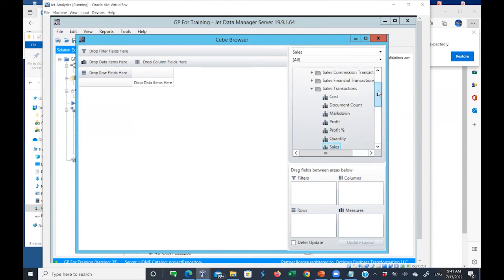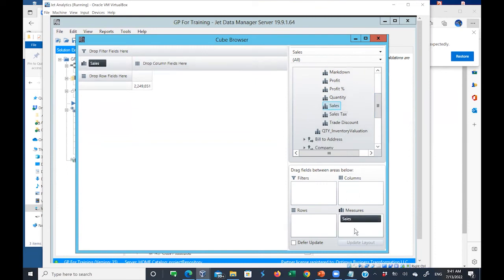If I select the sales figure and put it into measures, you'll notice now I have here just one data, a blob of data. This is the accumulated data, the aggregated data of